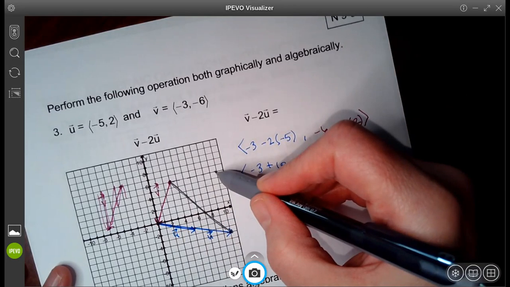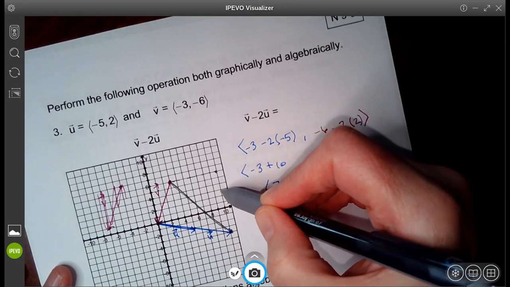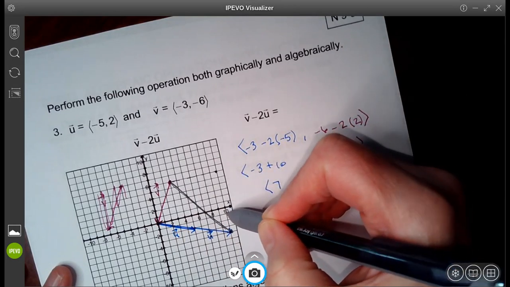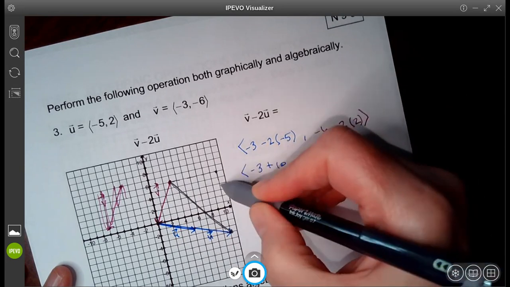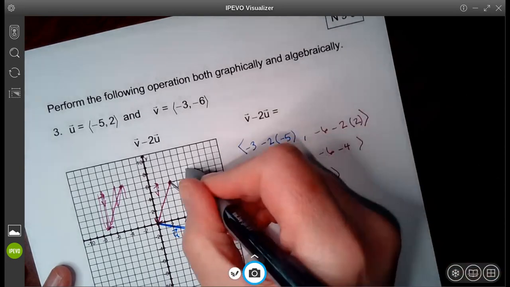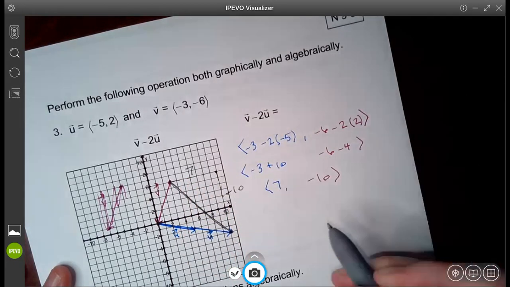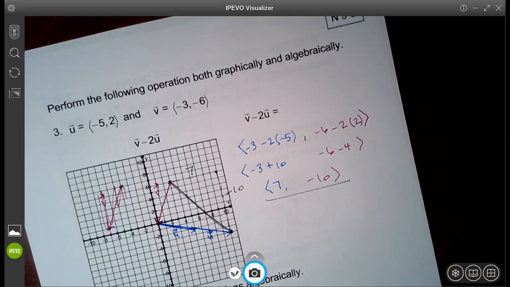Is that going to work? 1, 2, 3, 4, 5, 6, 7, 8, 9, 10. Look at us. So we went 7 to the right and 10 down. So this, there it is in both forms. So kind of sometimes it might be easier if we did this